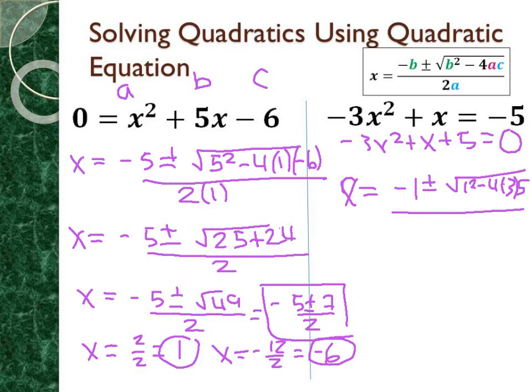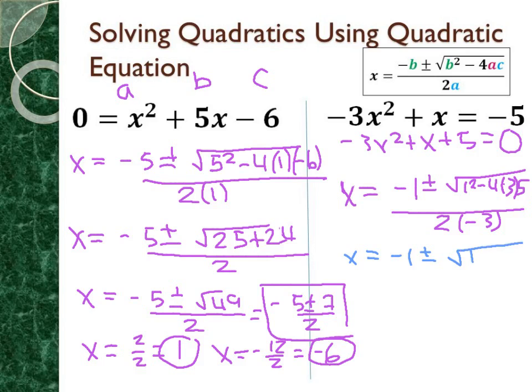And all this whole expression is then divided by 2 times a, or 2 times negative 3. So simplifying this, we get x is equal to negative 1 plus or minus 1 squared minus 4 times negative 3 times 5. So that is 1 minus negative 4 times negative 3 is negative 12, times 5 is 60. So we get